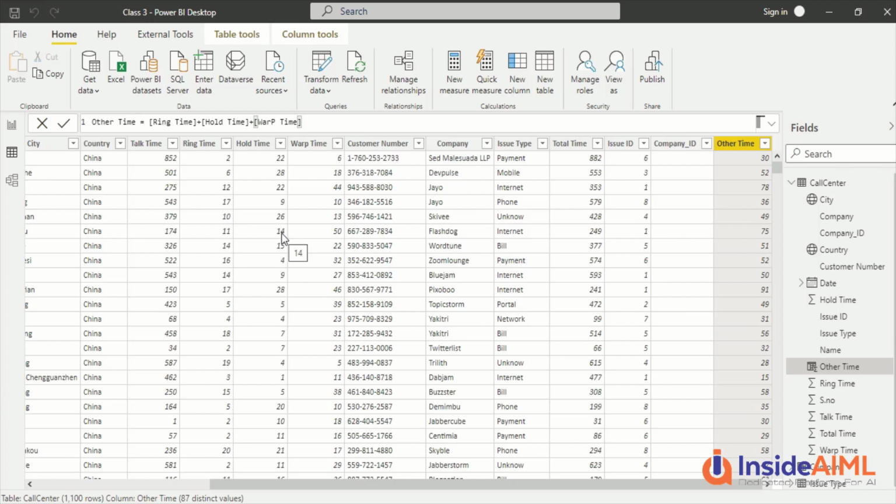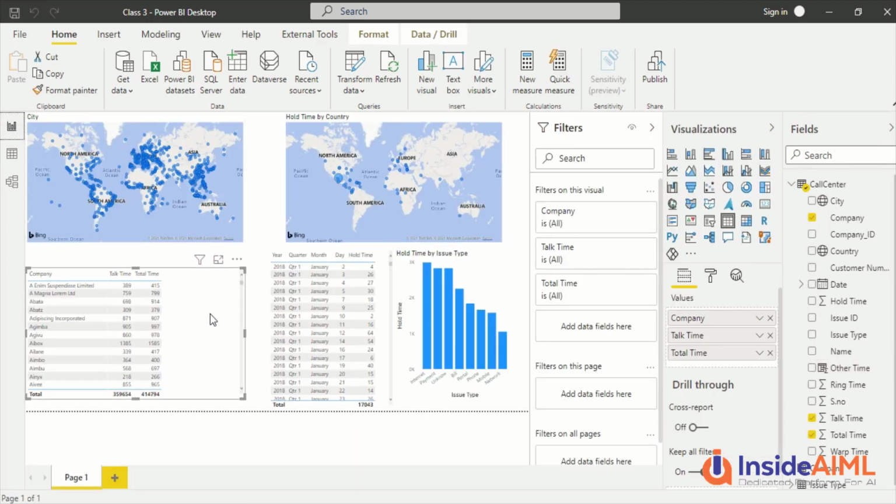In measures we have to take care that we use measures like SUMX, COUNTX, and all those which allow you row level operations, so we can actually use those kinds of measures. So what is the basic difference is, a column is just like a calculation which is added to the table, while measures are calculated at runtime. This is kind of a definition. It is not going to increase the size of our file, so we should prefer measures as far as possible.